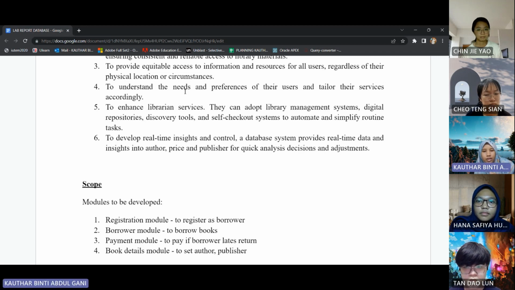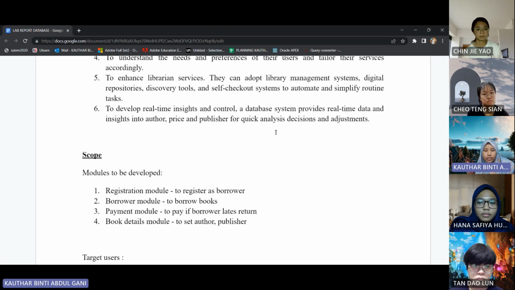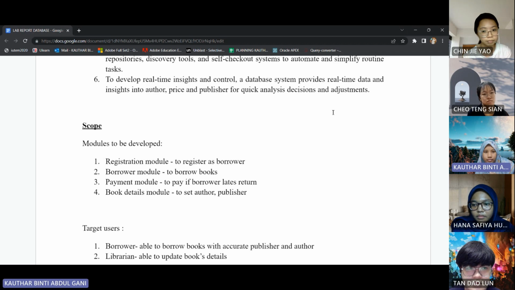Next, to enhance library services, they can adopt library management systems, digital repositories, discovery tools, and self-checkout systems to automate and simplify routine tasks. The last is to develop real-time insight and control. A database system provides real-time data and insight into author, price, and publisher for quick analysis, decision, and adjustment.